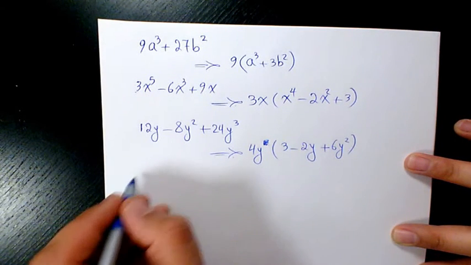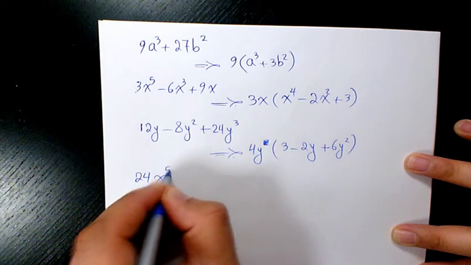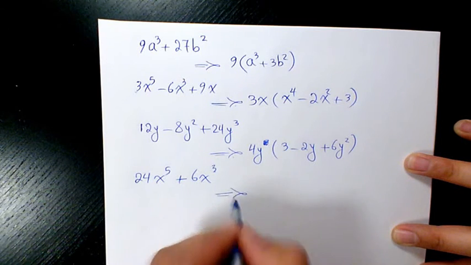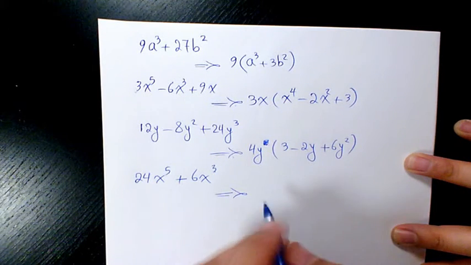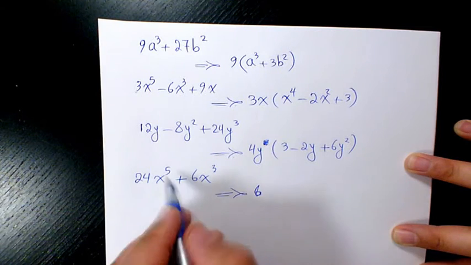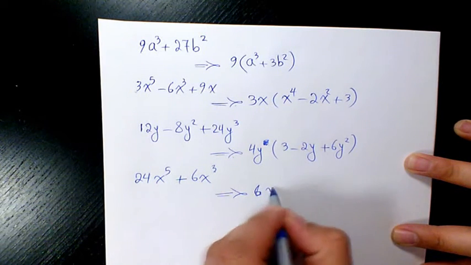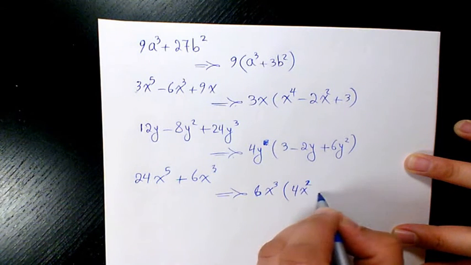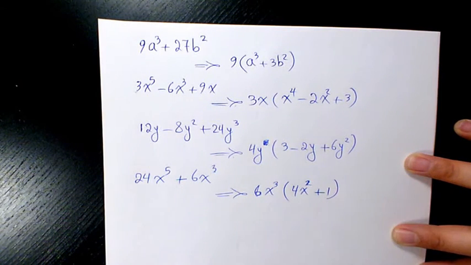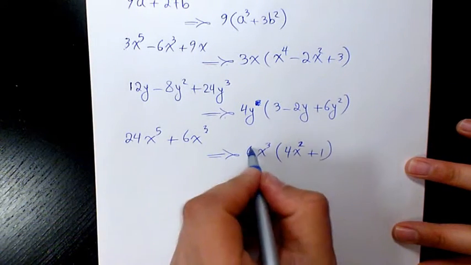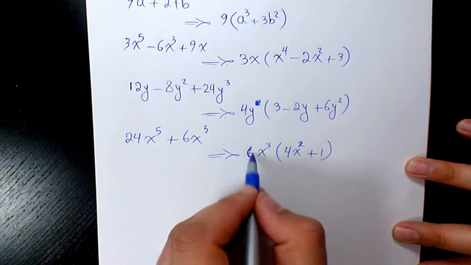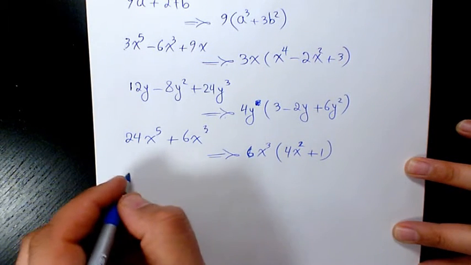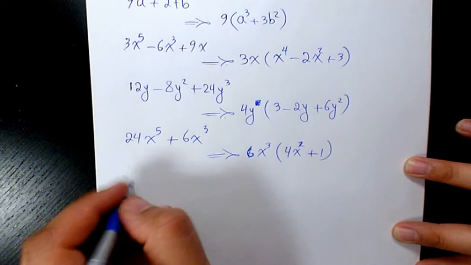Next one is 24x to the power 5 plus 6x to the power 3. 6 and 24, the GCF is 6. And x to the power 5 and x to the power 3 is going to be x to the power 3. So it's going to be 4x squared plus 1, because 24x to the power of 5 divided by 6x to the power of 3 is going to be 4x squared. Next one is going to be